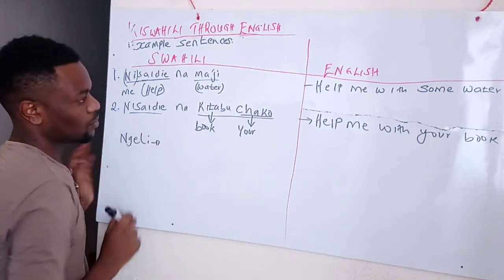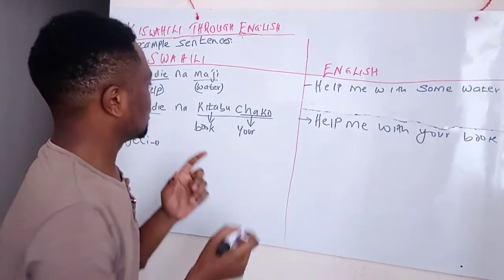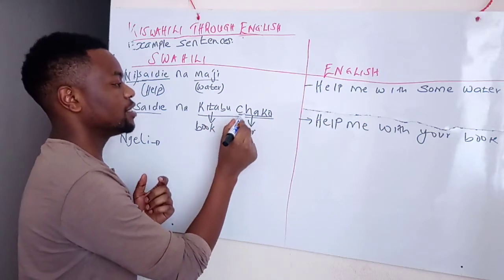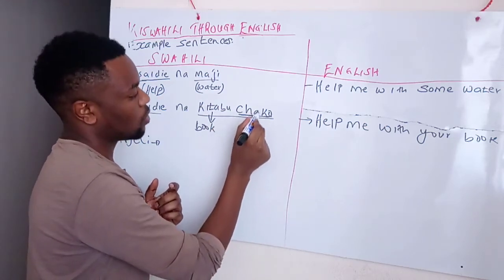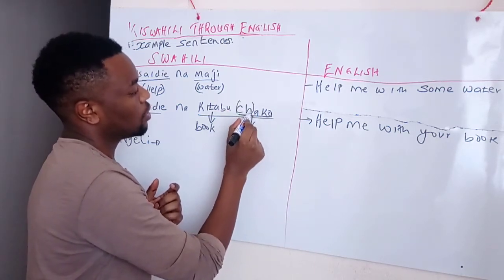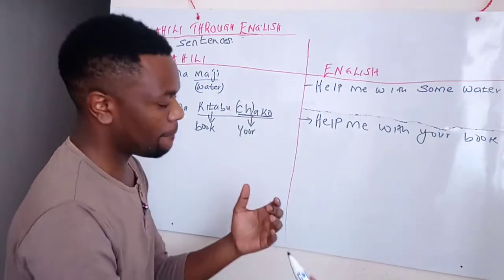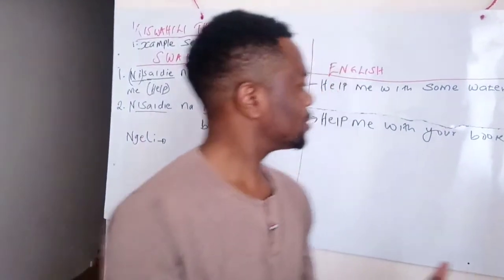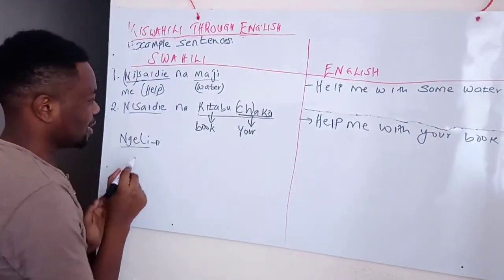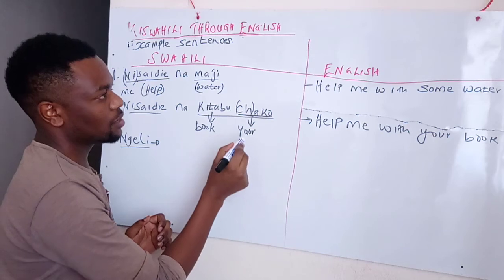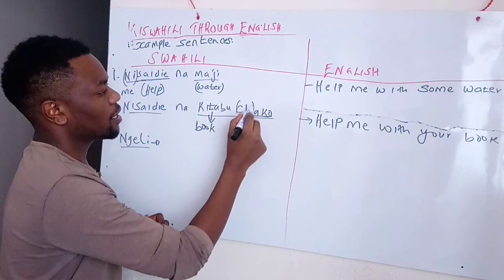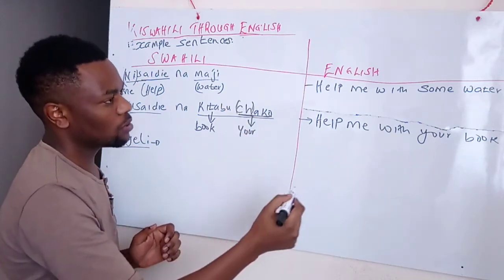So in ngeli, what we do is sometimes when we are talking about a book, this chako, there is a prefix here. This is a prefix of, it's your, but what is it that is yours? In this case, it's the book. And when you're dealing with what we call ngeli, what it implies is that this prefix of what you own is